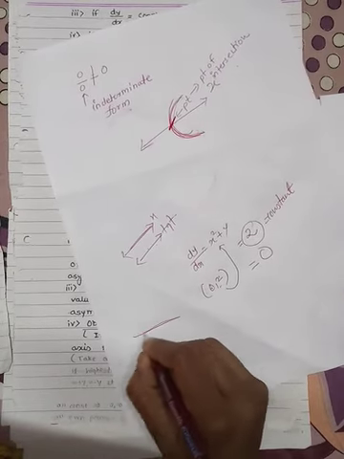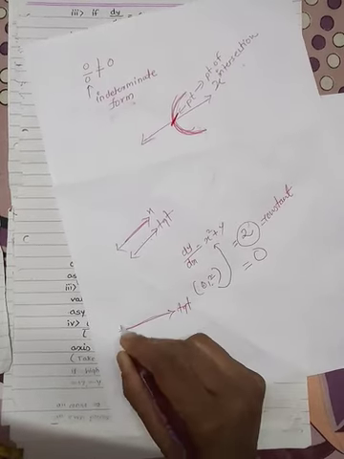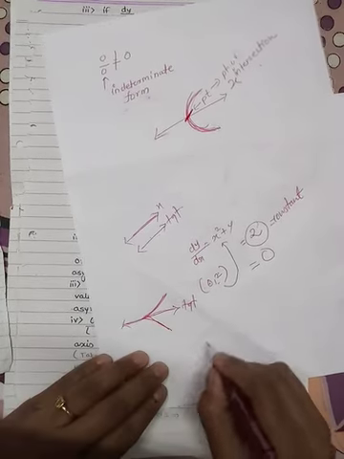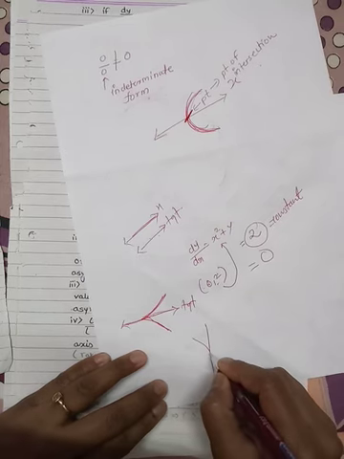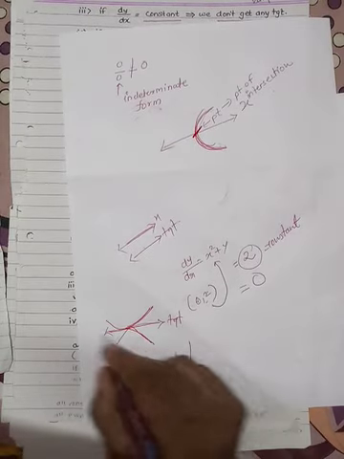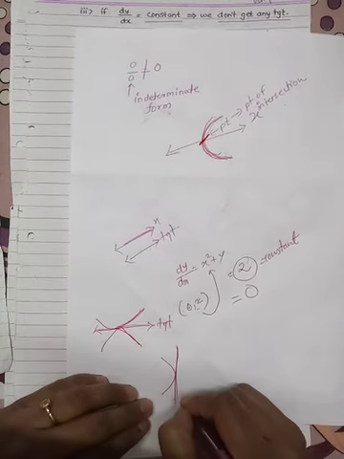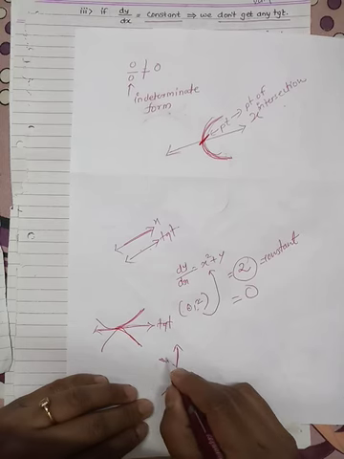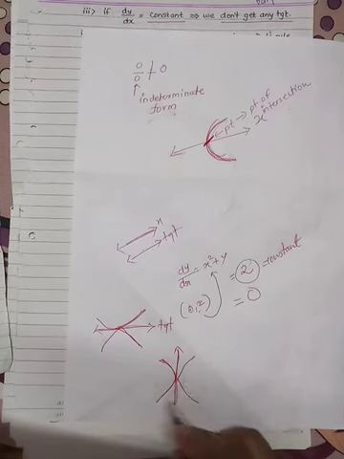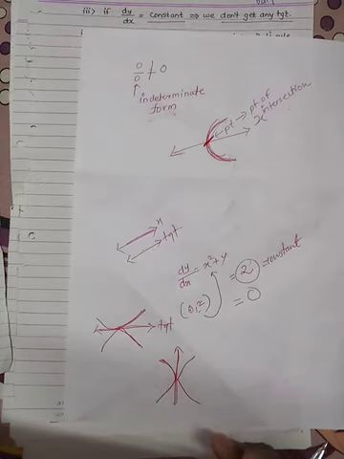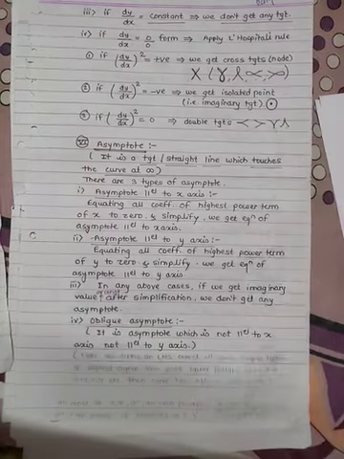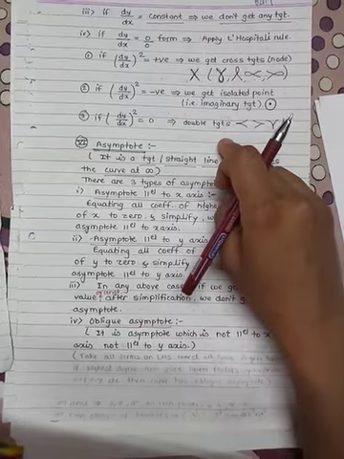Double tangent means if this is your tangent, then the curve nature is like this. If this is your tangent, then the curve is like this. This is the curve, or this is the curve, if the horizontal tangent is there, and if the vertical tangent is there, then this is the tangent or this is the tangent. These are all the possible cases we will see exactly while we solve the examples. So we get the double tangents.